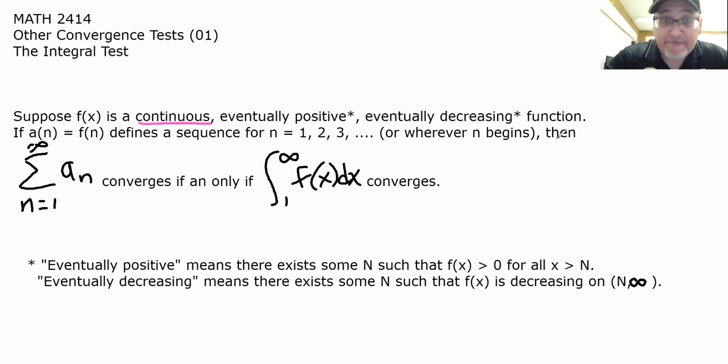no breaks in the graph, eventually positive. Now this is a little bit more specific than what the book says. We'll talk about what it means to be eventually positive in a moment. And eventually decreasing. But if your function is continuous, eventually positive, eventually decreasing, and your sequence that you're taking the sum of is defined by a_n equals f of n, where n equals 1, 2, 3, or wherever